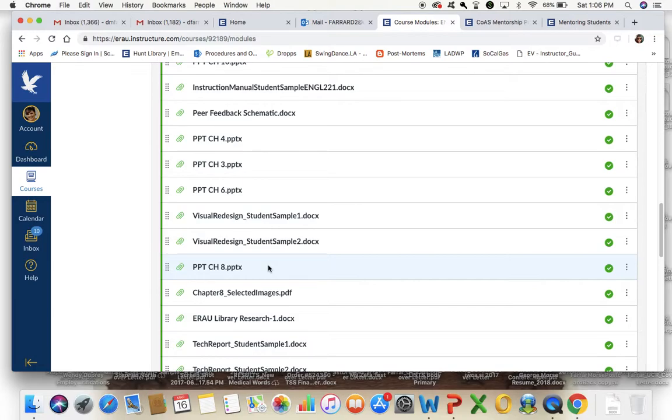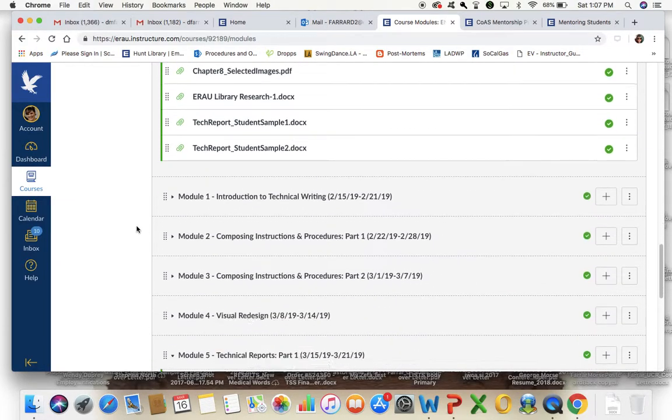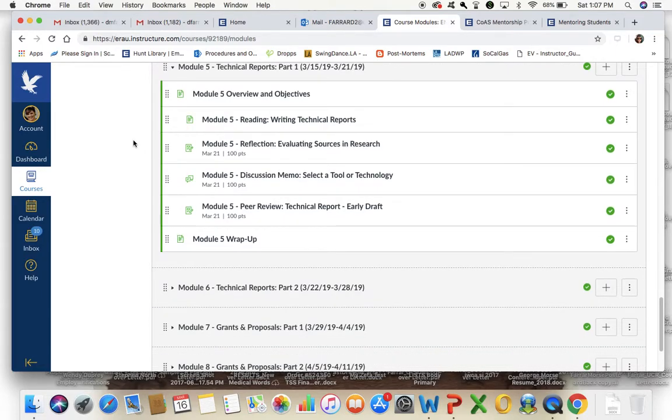I say that because I did, and I'll show this to you in just a second. I just snapped some pictures crudely from Chapter 8, and my page numbers, I think, are going to be different, the 4th edition page numbers from the 3rd edition page numbers. But the content is what we're more interested in than page numbers. So I've got that PowerPoint for Chapter 8, so you want to look through the writing the technical reports. The chapter is really crucial to this module week because you are asked to use the informal report model or template that is provided in Chapter 8